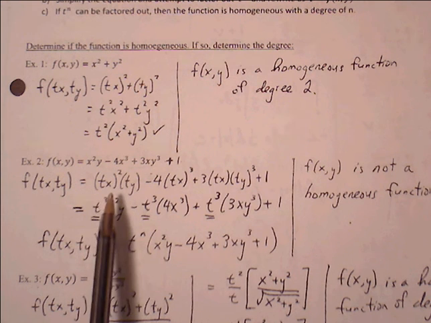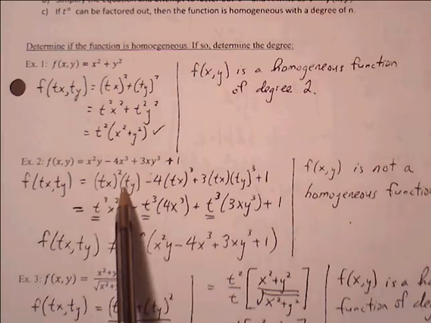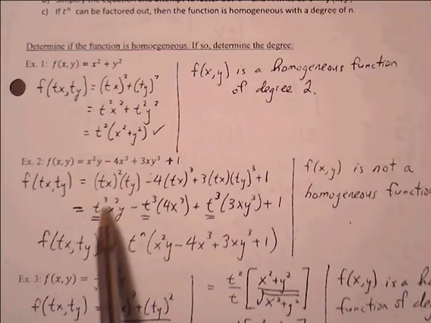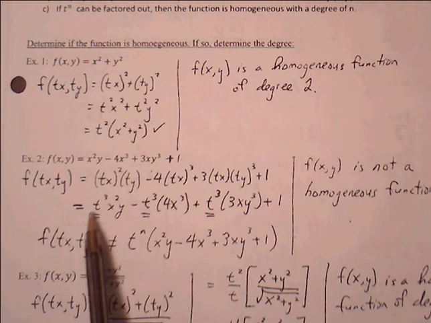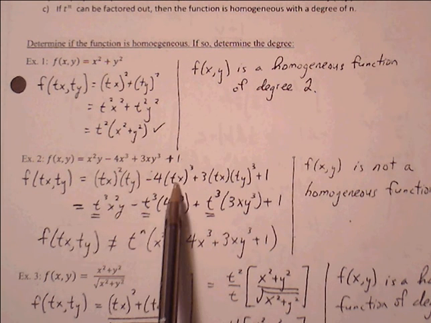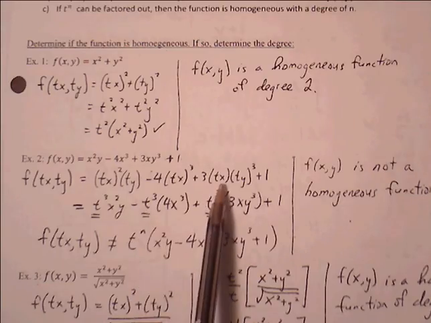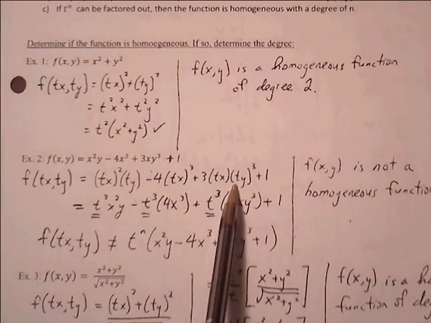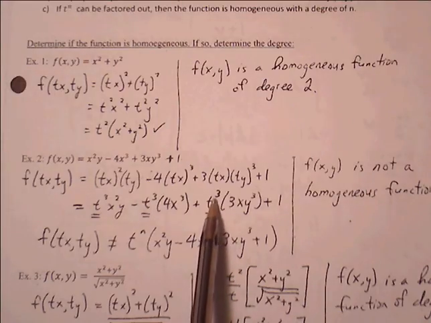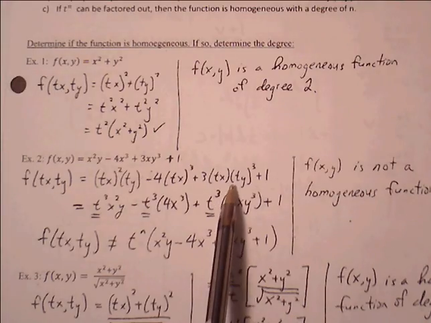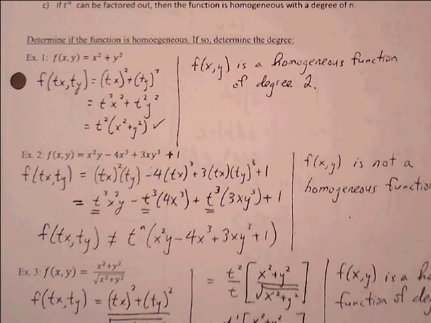Now if we simplify or expand this out, t squared x squared times t times y, we have t cubed x squared times y, since t squared times t gives us t cubed. For t cubed x cubed, we're able to take out t cubed. Here we're able to do t times t cubed, which is t to the fourth. So that should be 4. t to the fourth times